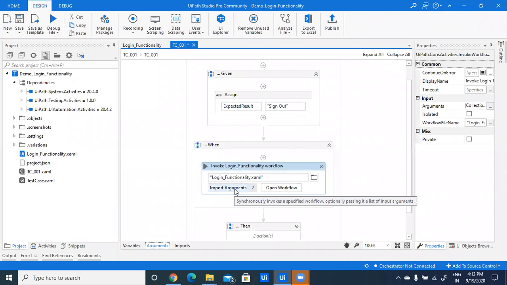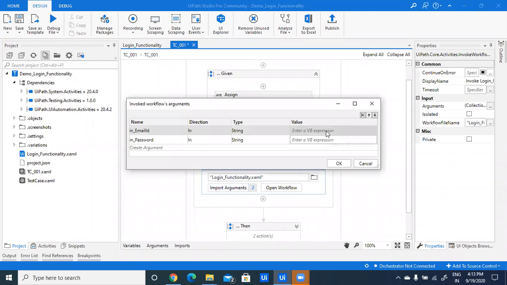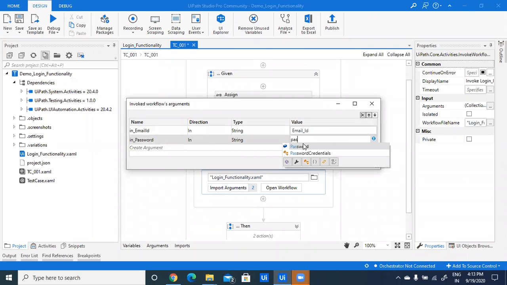So in this import arguments, I will be providing an Excel file column name, that is email ID is my column name, which is already imported, and password is my column argument, that is the Excel sheet column name. So click on OK.